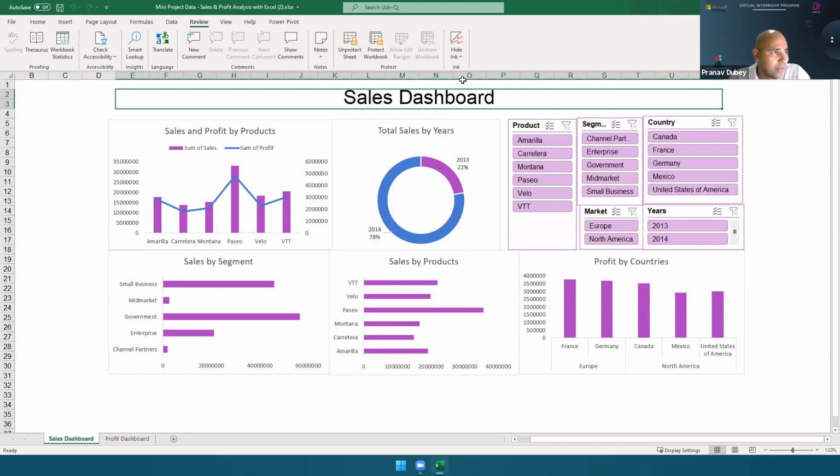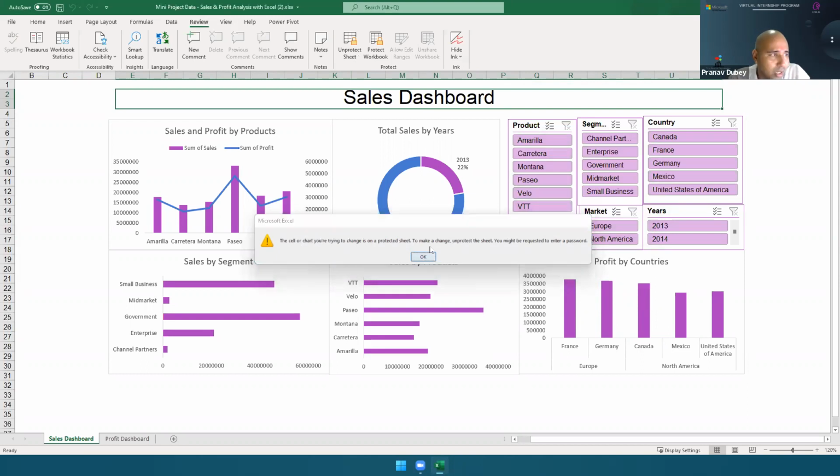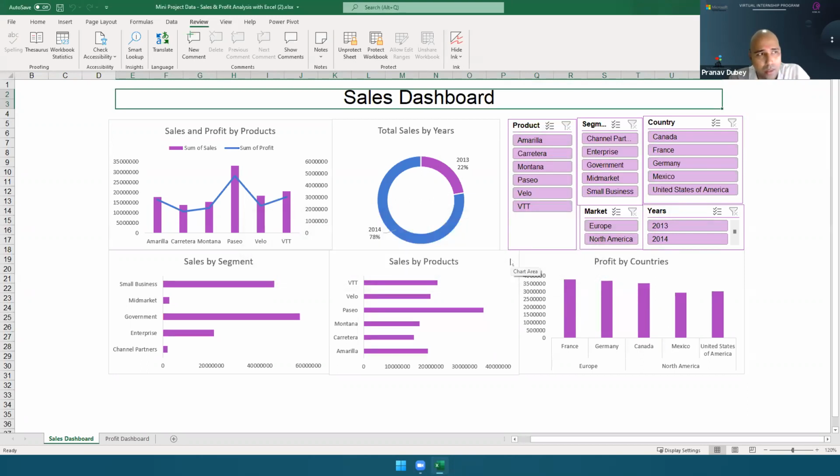Now you see that I will try to make some changes. I will try to delete this. And it is saying that I cannot do it because it has been protected. So nobody can edit this. So after creating the dashboard, we are fixing it so that nobody can make any changes.